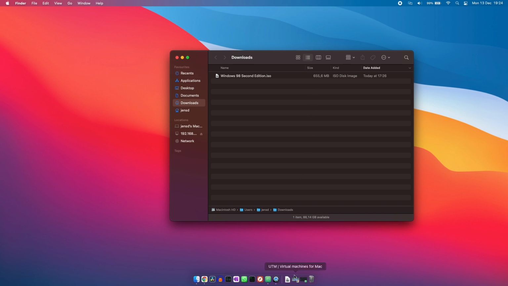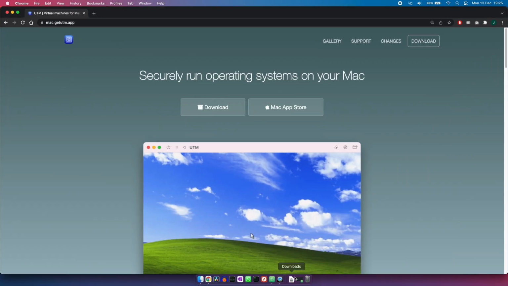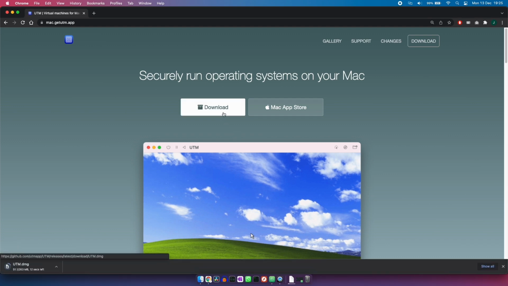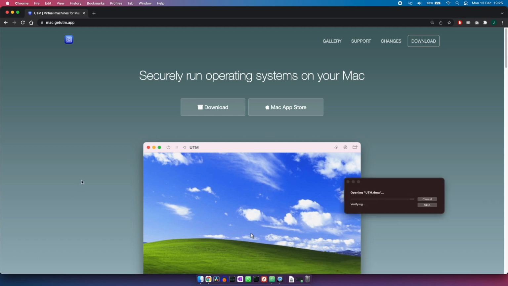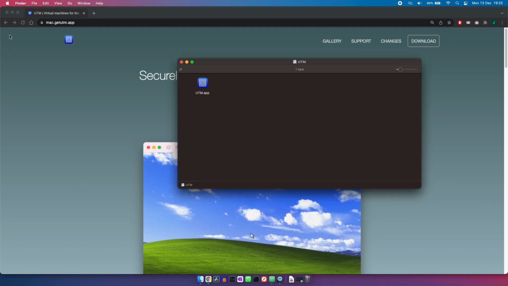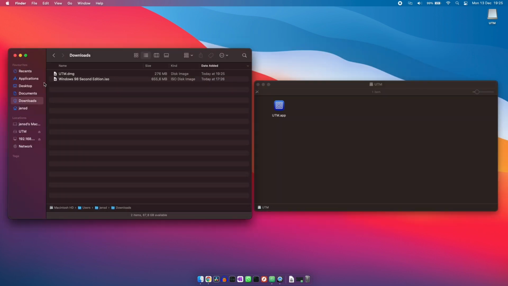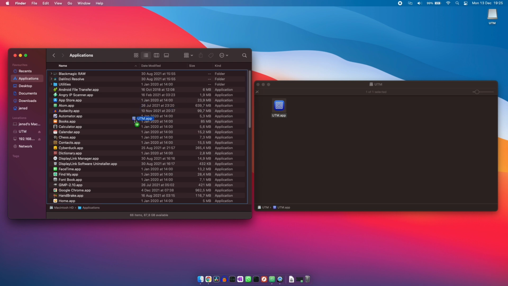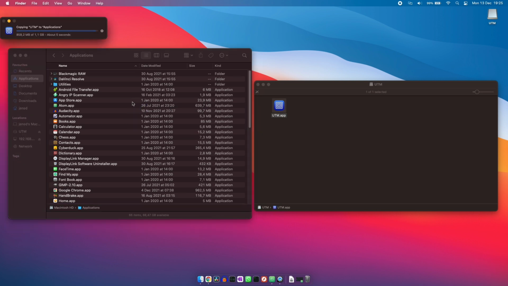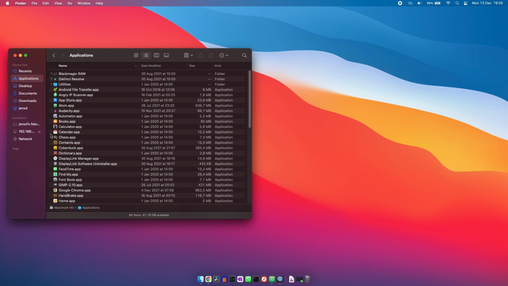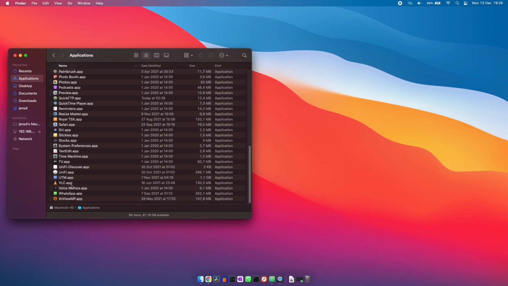to install UTM on your Mac if you haven't done so yet. Download the UTM DMG from the website. Once downloaded, simply open the DMG file and drag the utm.app to your applications folder using Finder. Then, to start UTM, launch it as any other application on your Mac.